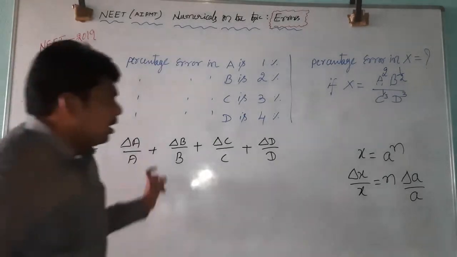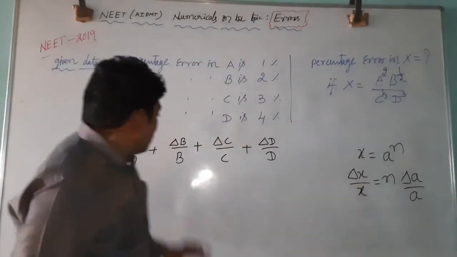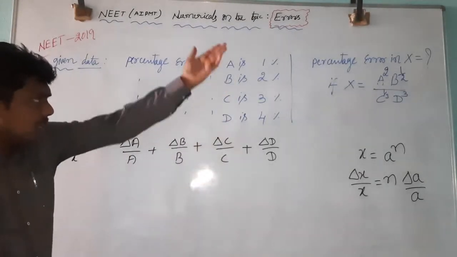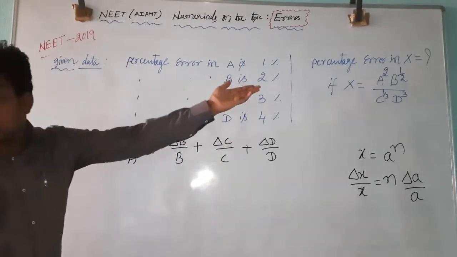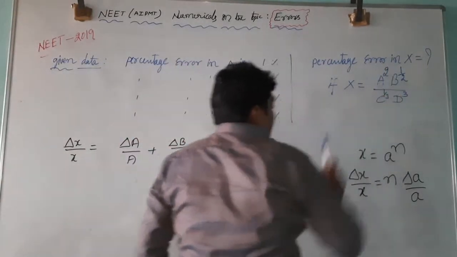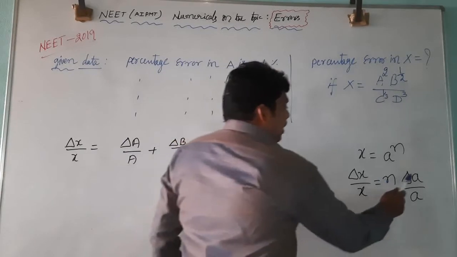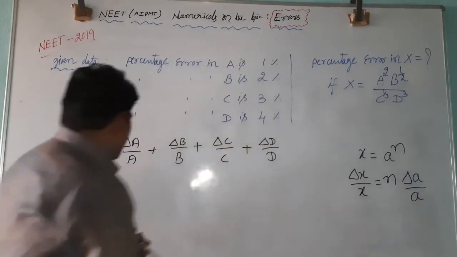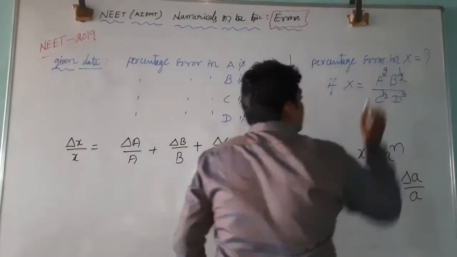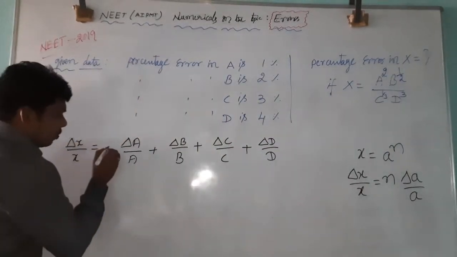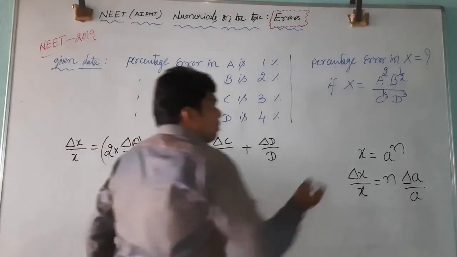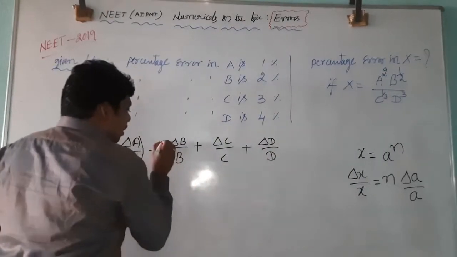Now here if you observe this formula, we have taken the sum of relative errors due to the ratio and product of physical quantities. Now what we have to take? We have to take the power of the physical quantity. What is the formula for that one? N into delta A by A. Now already here I have written delta A by A. What is the A power here? A power is what? 2. Now multiply with 2. This one. Next, delta B by B. What is in the power? 1 by 2.